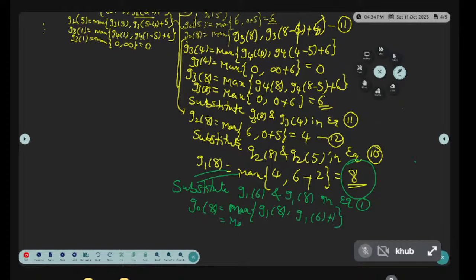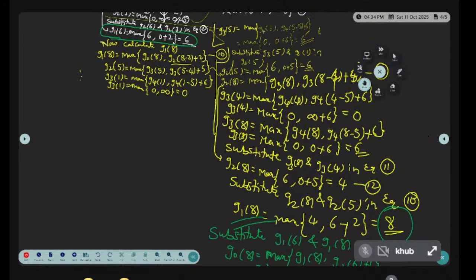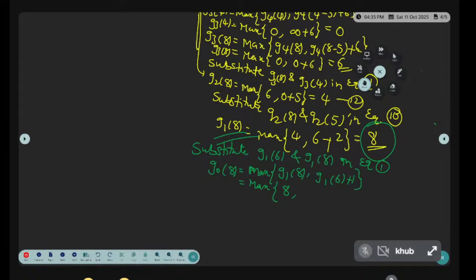So maximum of G1 of 8, ఎక్కడ G1 of 8 is 8 comma G1 of 6, 6 ఇక్కడ 6 plus 1 that is equals to maximum is 8. Now